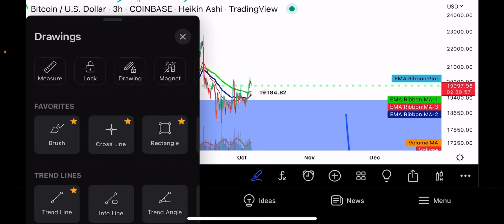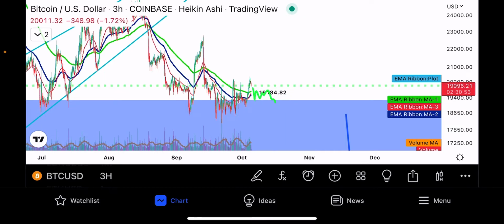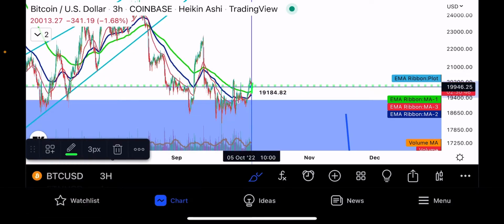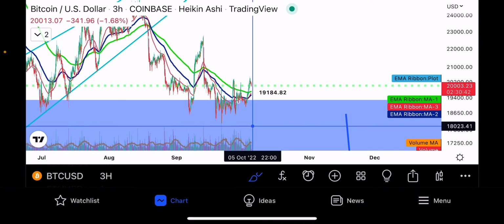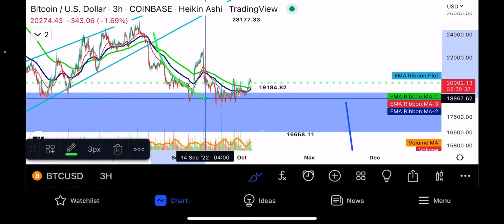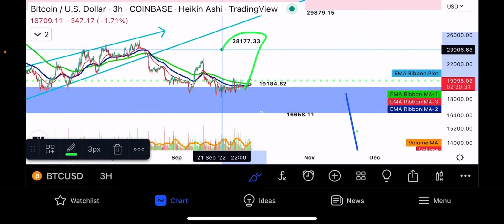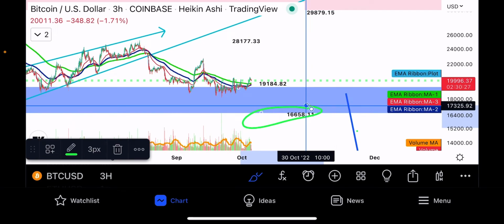And this is where we're trying to hold on any kind of fall down. You want to hold that 19,182 and you want to hold that 200-day moving average right here to try to get some momentum, to try to get some volume, to try to get some positive things going on in the price action as we're forming sort of this rounding bottom, which leads you to believe after a lot of consolidation and support there that this may in fact come up to this 28,177.33, but underneath is a major critical area at